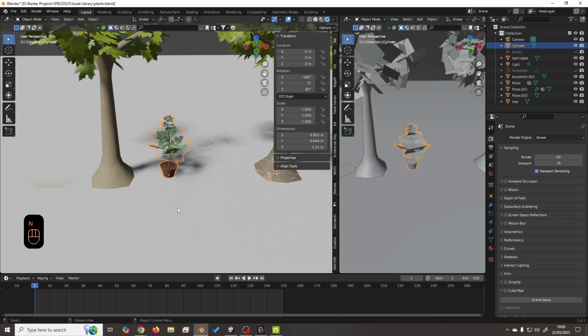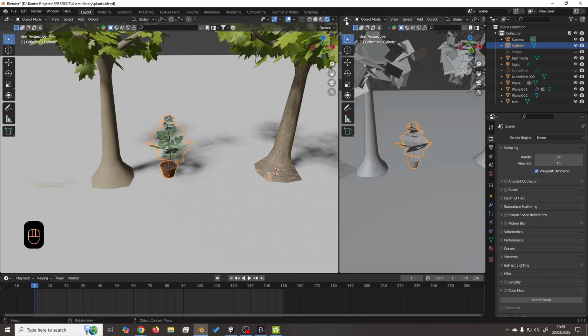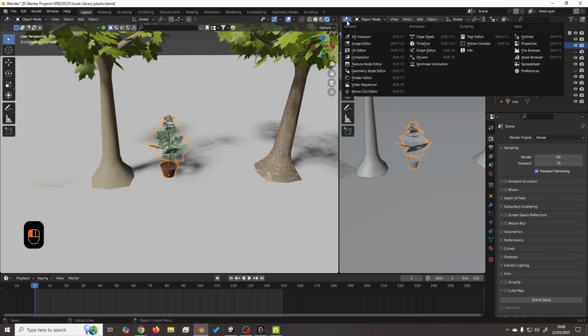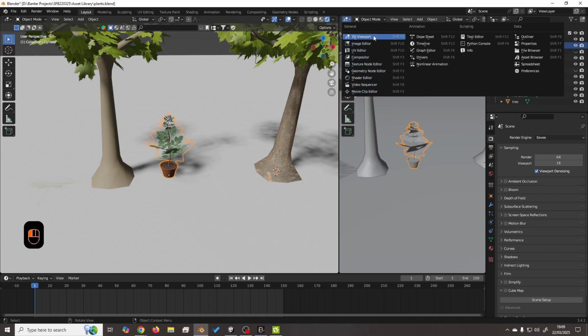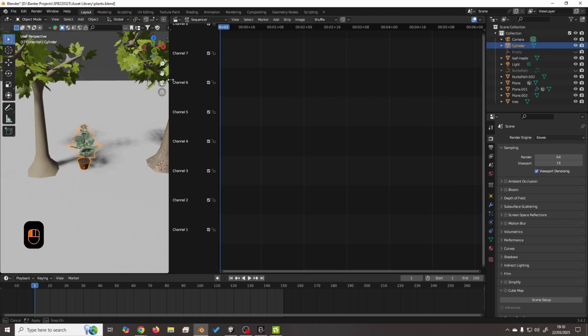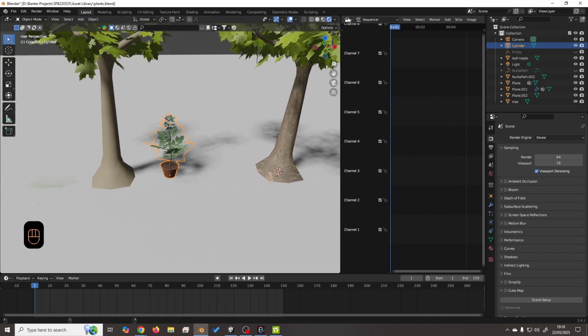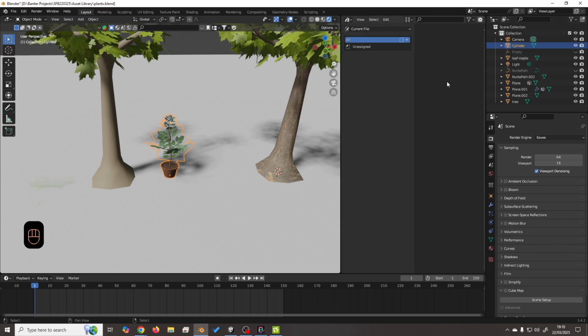But here, just anywhere you like, we'll do a vertical split, bring it over, and we've got a new window. Let's just close down both the end panels. If you pull down this little icon here, there are all the different screens that you can get open. You can get open the video sequencer, which is pretty cool if you want to make your little videos or whatever. But over here we've got the asset browser,